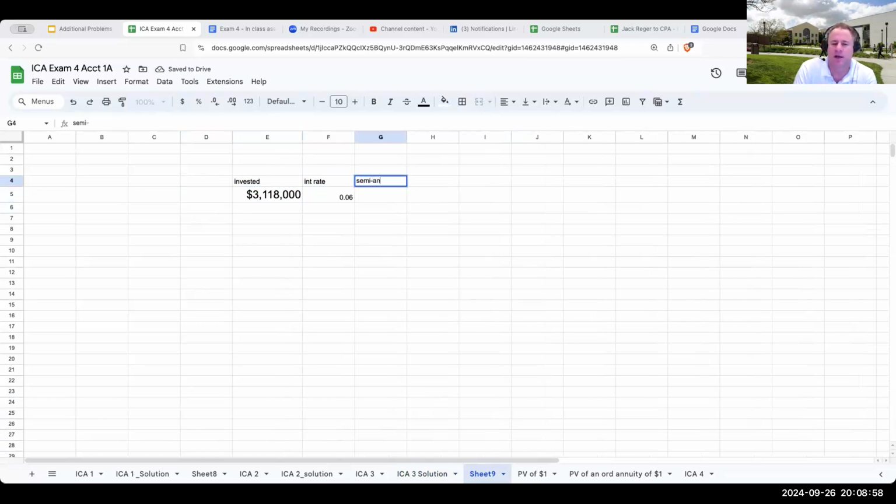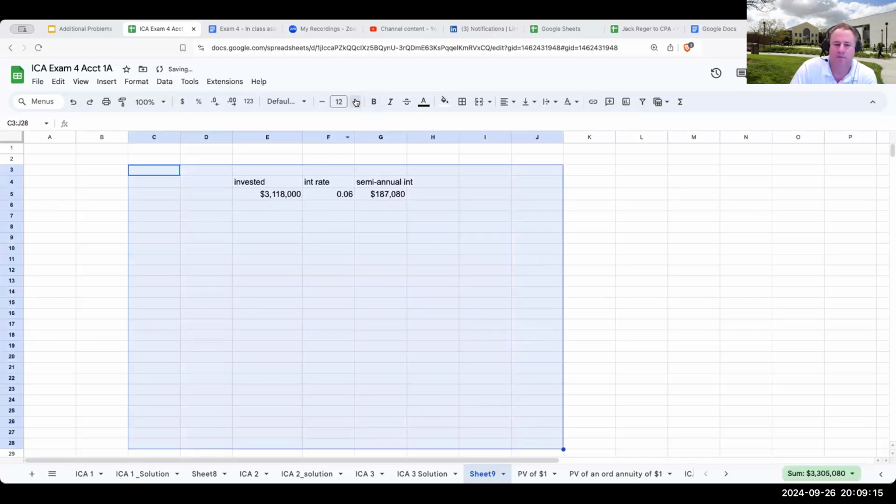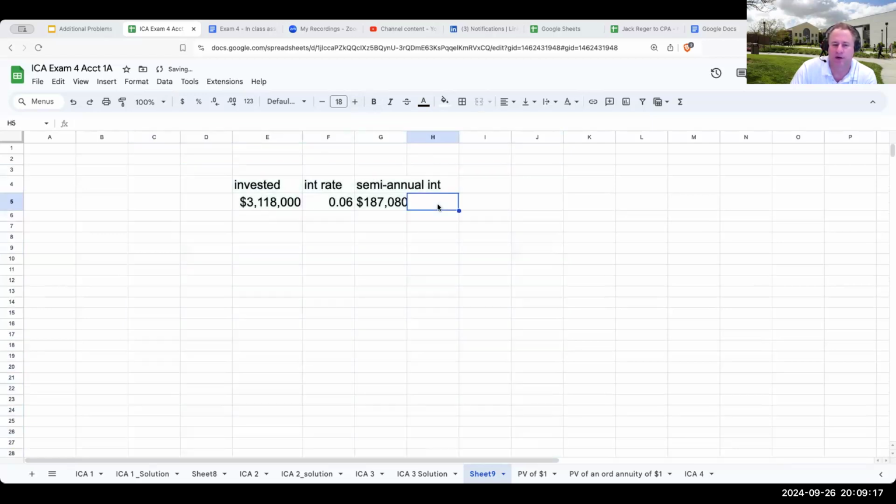The semi-annual interest that I would earn on this would basically be 187,080. If I then took this interest and reinvested it into the principal amount of basically $3,118,000,